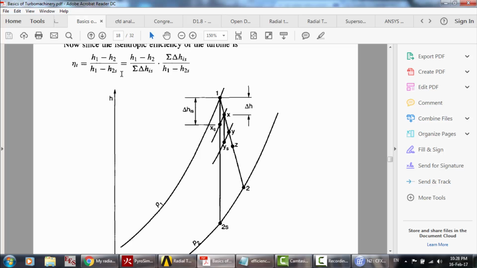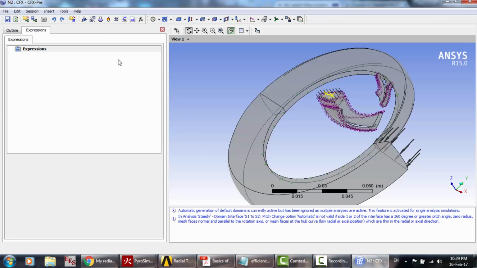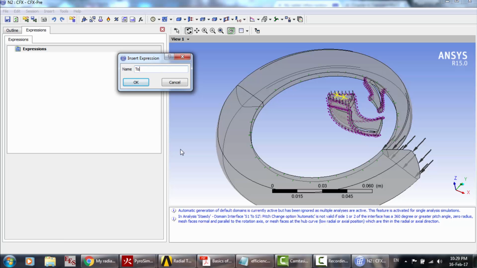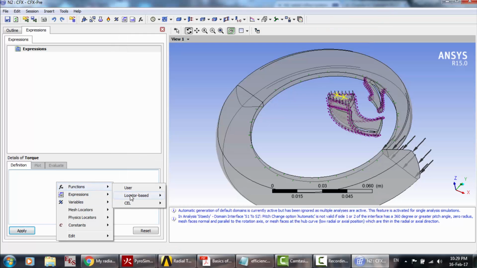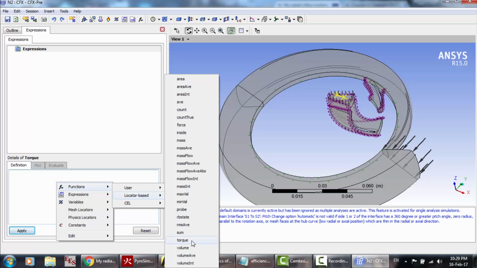So you can get H1 and H2S by the monitors, and I think this is the idea. And get the torque also from the monitor, but per blade, and the enthalpy. Third expression, torque. The torque is right click, and here are the functions, CEL functions. You'll find, sorry, and here is the torque